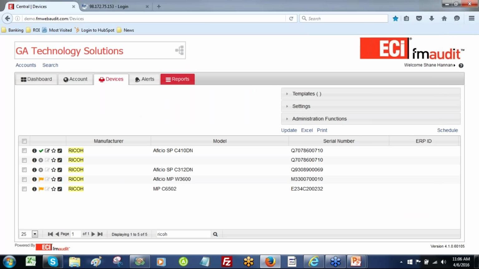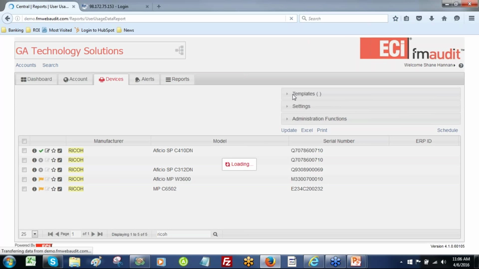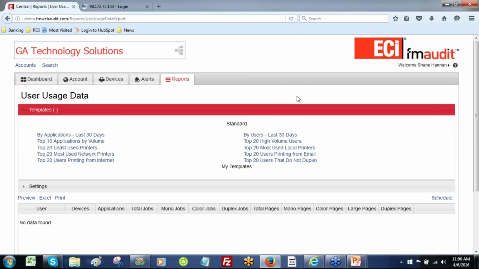Now, the nice thing about that user data, if I go across the reports, and here I've got some user data reports. If I click on this one, and I go into our templates, here I can get applications printed the last 30 days. I can get the users who printed the last 30 days. And then I've got applications by volume. I've got my top 20 high volume users. I've got my least used printers, most used local printers, most used network printers, users who are printing from email,